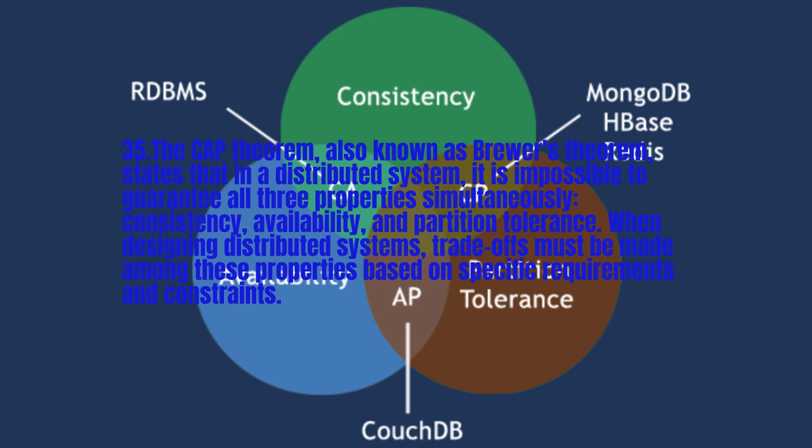So some of the relational database systems and the NoSQL database systems cannot have consistency, availability, and partition tolerance simultaneously. That means maybe you have consistency and availability, or maybe you have consistency and partition tolerance, or availability with partition tolerance, or availability with consistency. So as you can see in the picture, some of the databases,